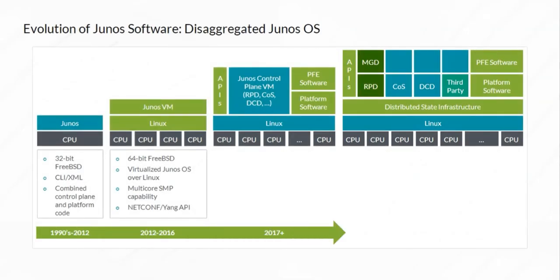Further development of Junos OS took the advantage of virtualization further and separated the packet forwarding engine software and platform-specific components from the core operating system. The control plane and the daemons attached to the control plane remained with the FreeBSD kernel, but the operating system was opened up to external APIs, and the packet forwarding engine and platform-specific software was no longer directly embedded in the operating system. Disaggregated Junos OS